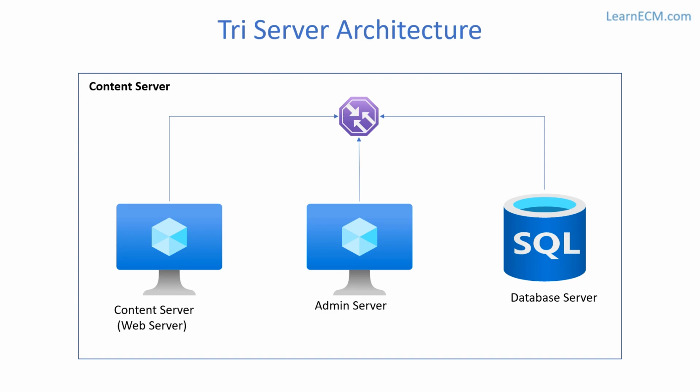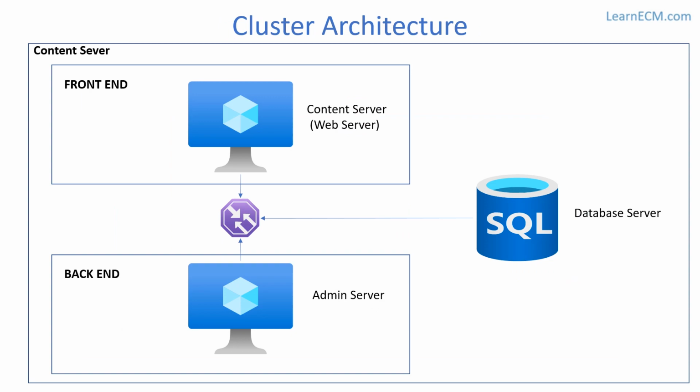And then we have the cluster architecture. This cluster architecture is used to scale our Content Server. We divide this into two components. One is the front end, which will handle the users' load, and then there will be the backend servers, which will process admin related activities like notification, search, etc. Here again we will have the database server, EFS and indexes. That will be the same, but the main concept is separating out the front end and the backend servers, and then scaling them as per our requirement.